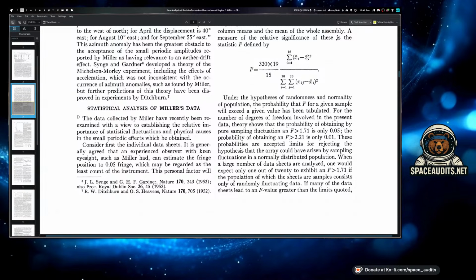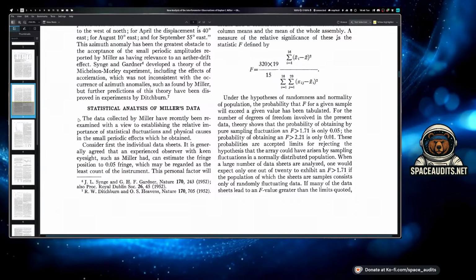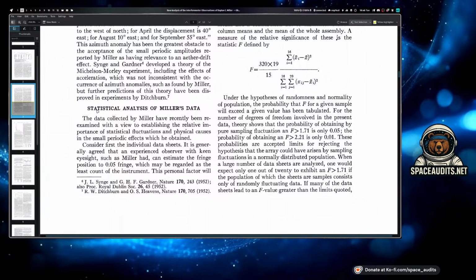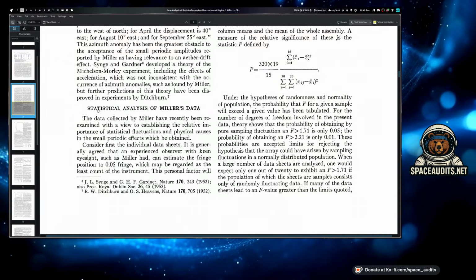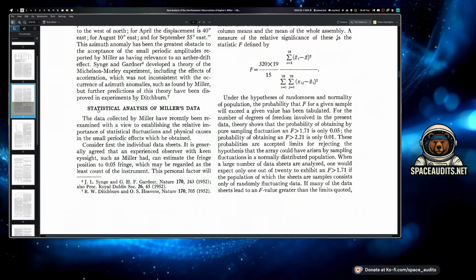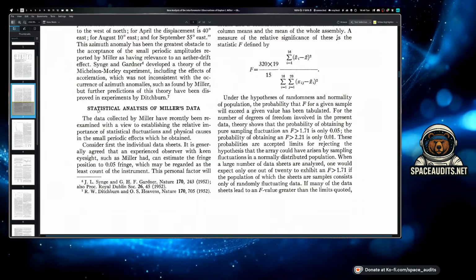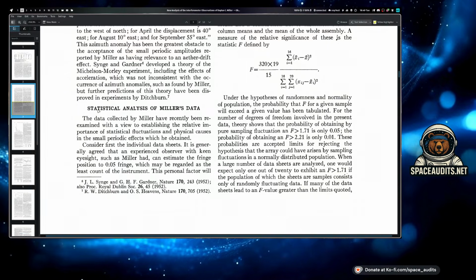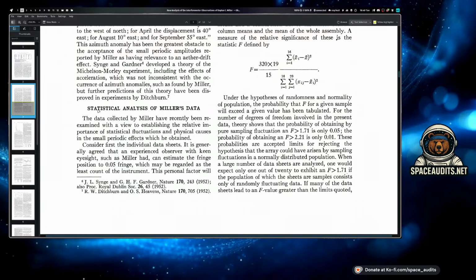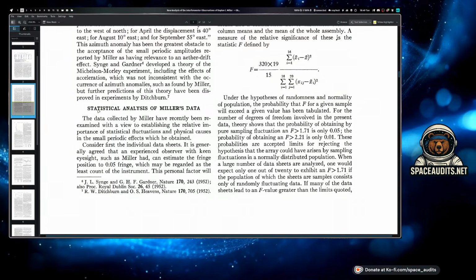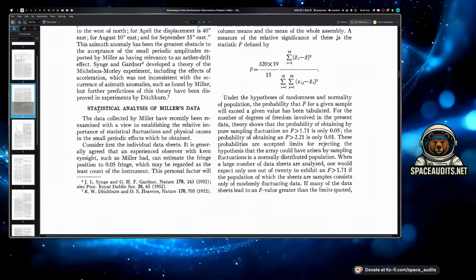Statistical analysis of Miller's data. The data collected by Miller have recently been re-examined with a view to establishing the importance of statistical fluctuations and physical causes of the small periodic effects which he obtained. Consider the first individual data sheet. It is generally agreed that